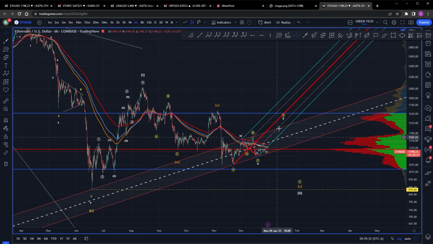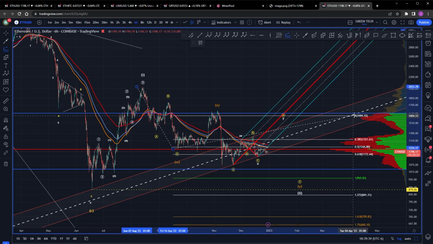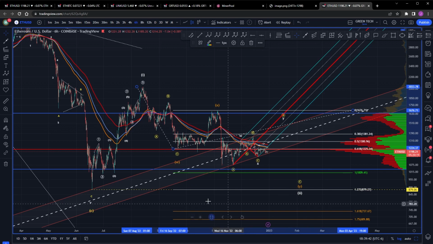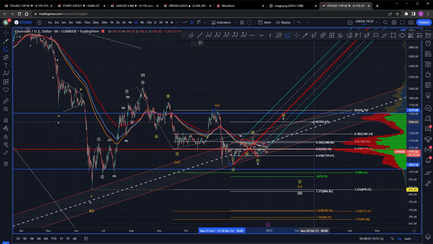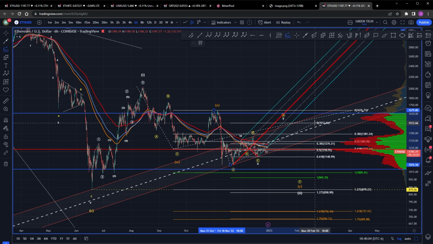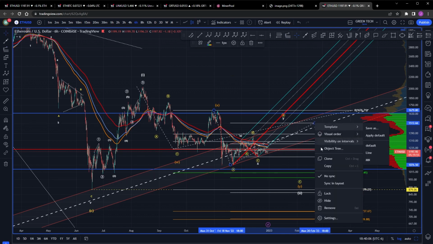But ultimately, this is where I'm hoping that we go. This is in log. I don't normally like using log. I mean, a 1.272 is directly at the double bottom, which I find pretty interesting. A double bottom would be cool. 1-to-1, somewhere in this area would be great. I just think we need to come up first in order to make it happen. I want to see this A wave. I want to see it up here. So my measurement for the 1-to-1 is somewhere around in here. That's what I want to see.